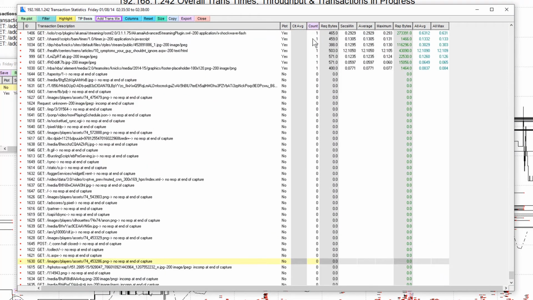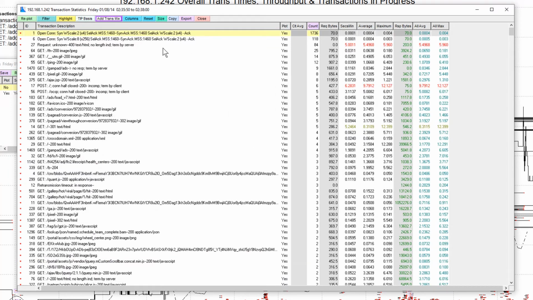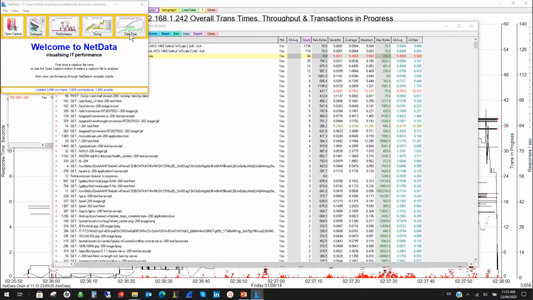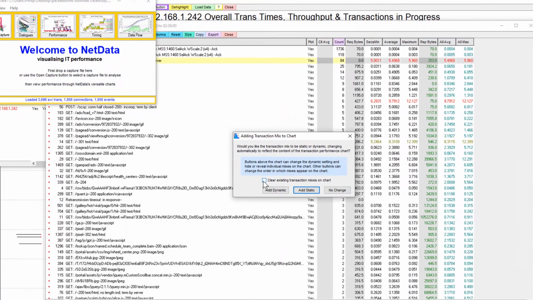So sort by count. And now we can see that there were 1,700 of these kind of connection setups with a window scale of 2 and 118 with a window scale of 8. So that would appear to be two different clients. And we can see this HTTP status code 400, there was actually a few of those, and they might be worth a look. The final thing I wanted to show is back to this transaction mix chart,